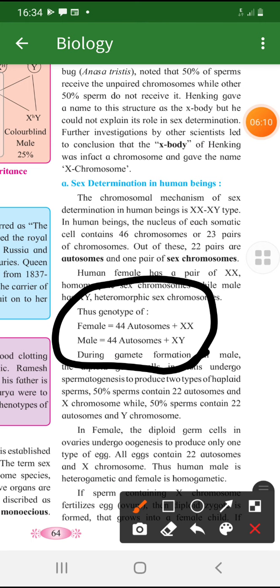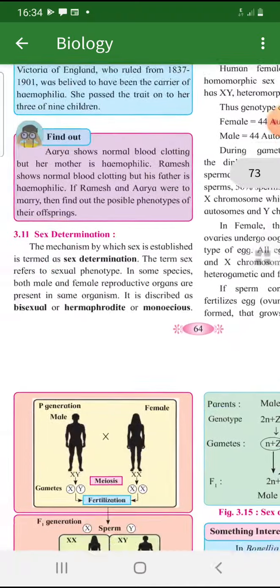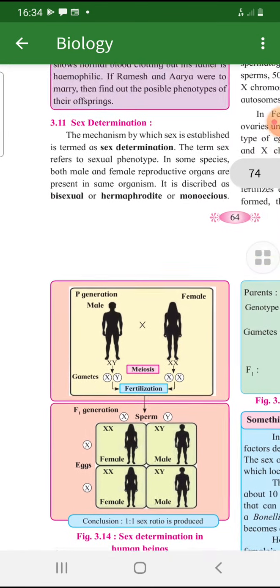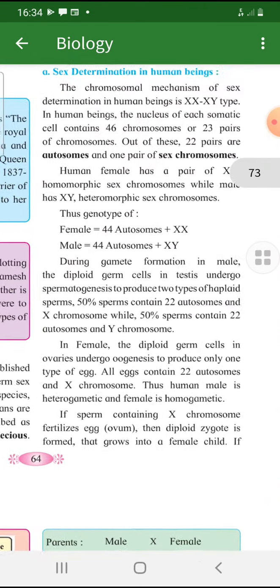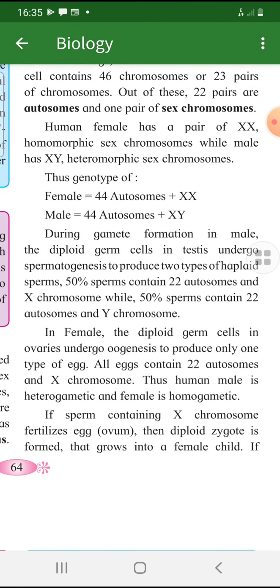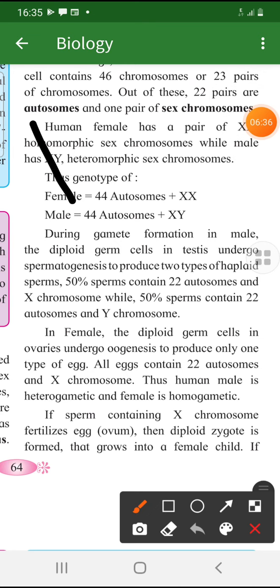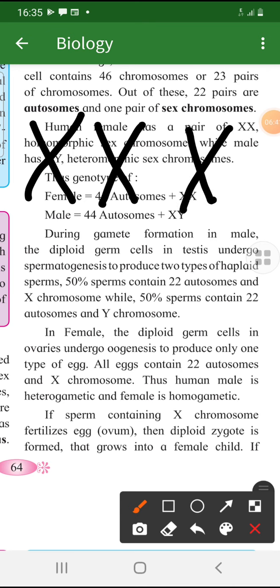Now how does the question come in the exam? Okay, first we'll just understand it here only. How would the sex of a child be determined, and who is responsible for the sex of the child? Let's see, I'm just drawing. Whatever crosses we have done so far, you know how to write the parents. Let's write male crossed with, sorry, female crossed with male.